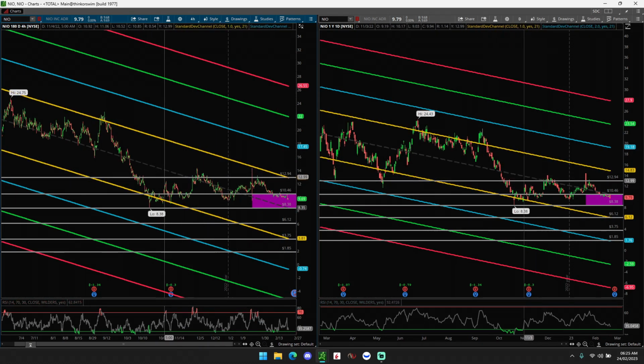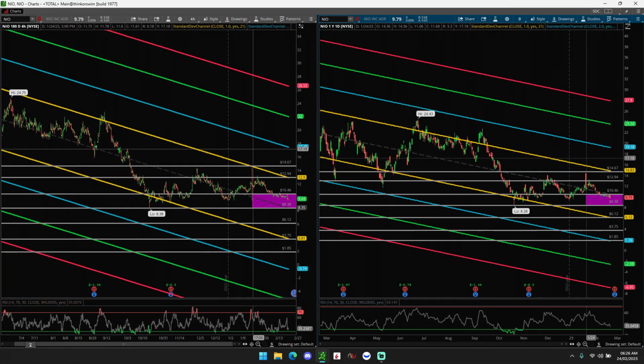This 13, as it's been hit now numerous times in the past, if it keeps coming back to test this level, again, I'm only taking this as a day trade. The reason for that is knowing if a stock keeps coming back to this level to keep testing it, eventually it's going to have to break because buyers keep taking it to this level for a reason. Eventually the sellers are going to dry up, the buyers are going to take it through. So if we tap this level again, it might be a day trading opportunity, but definitely not something I'm looking to swing. If we do break that though from